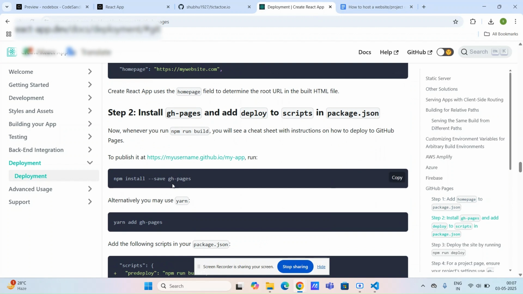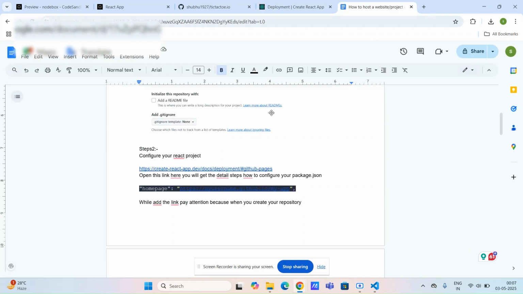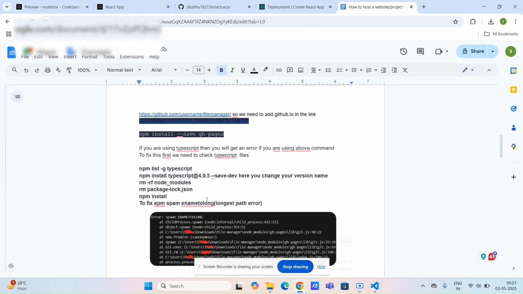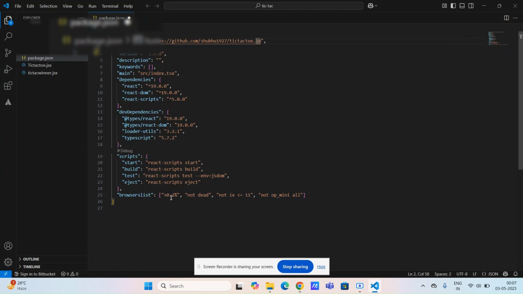Step 2 is to install gh-pages. Before that, we need to configure, because in this folder we have used TypeScript, so we need to install TypeScript node packages. First, we will check the TypeScript version,